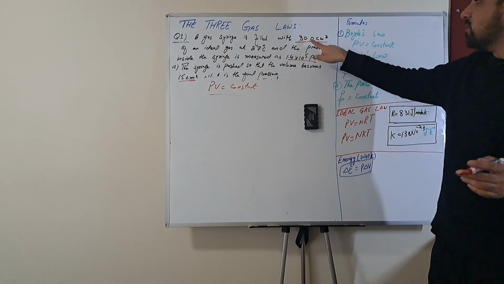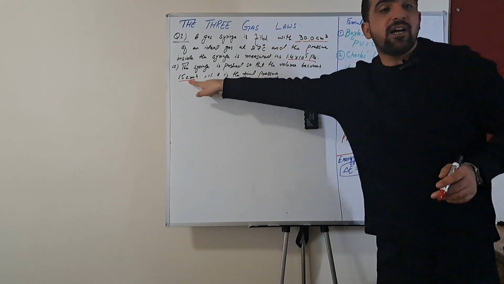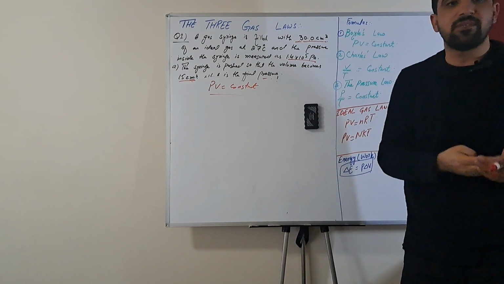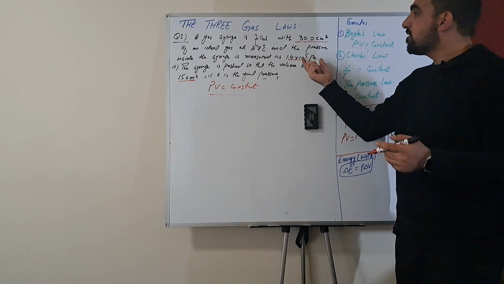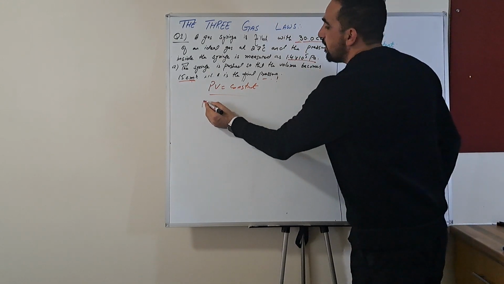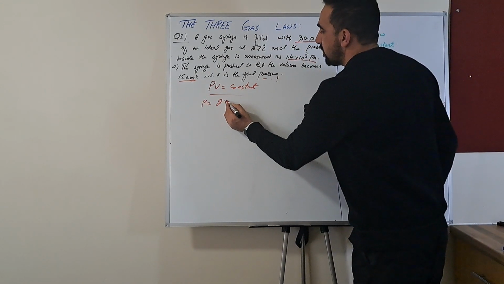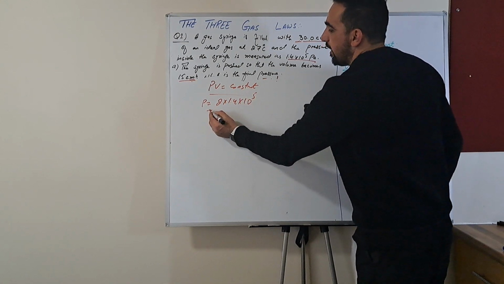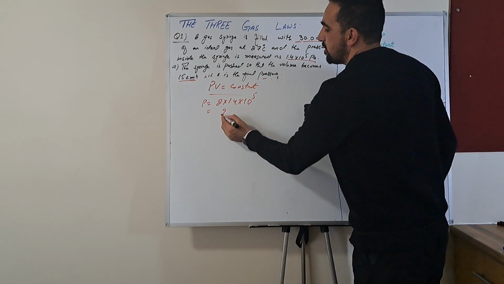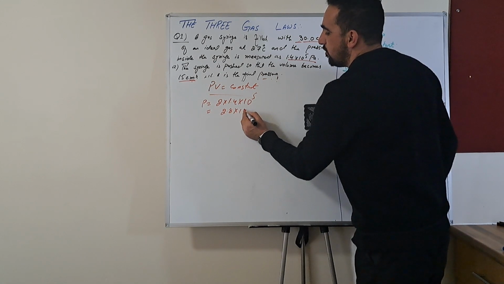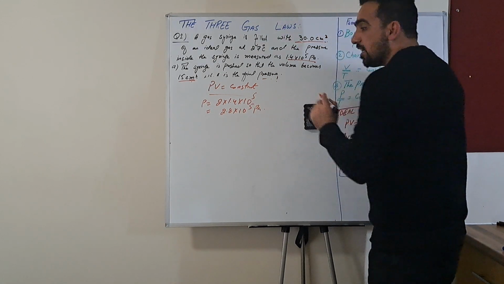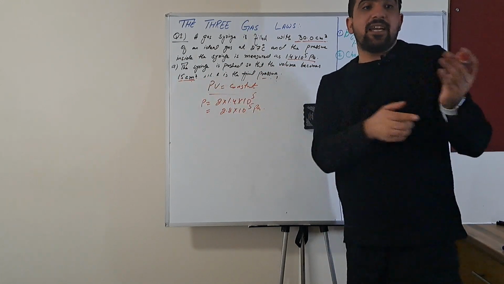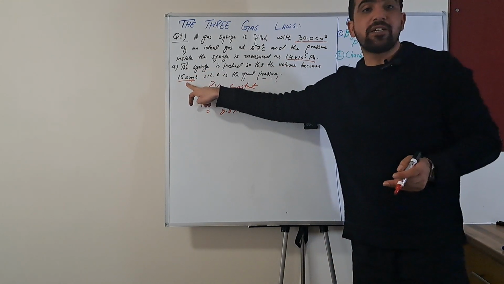This is easy because the volume is reduced by half of its value. So the pressure will be doubled because they are inversely related, and you can directly say that the final pressure is equal to 2 times 1.4 into 10 raised to power 5, and 2 times 1.4 is 2.8 into 10 raised to power 5 pascals. That was easy. But what if it is not 15? Let's say it's 14, or let's say it's 20.